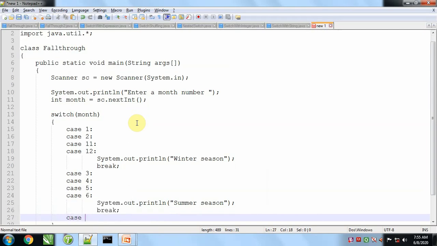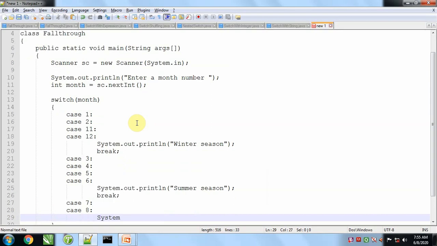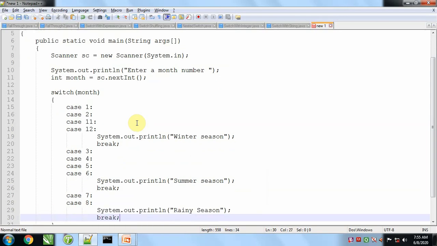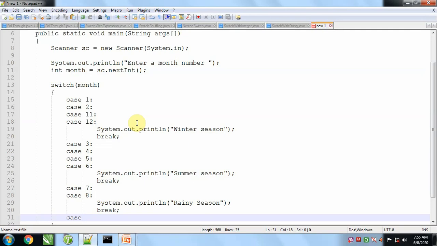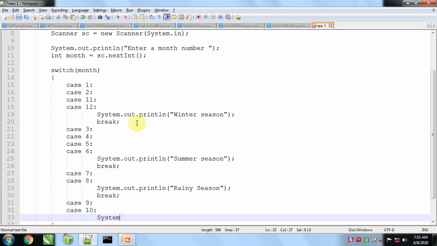In case of case 7, case 8, it will be rainy season. Case 9, case 10, autumn.